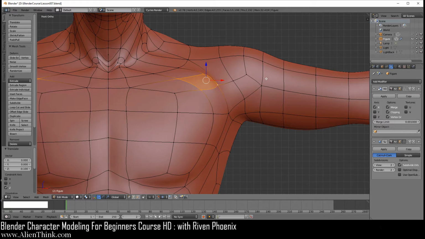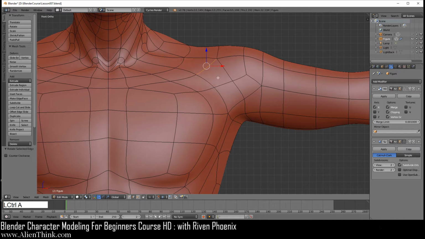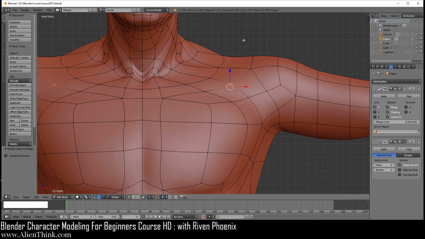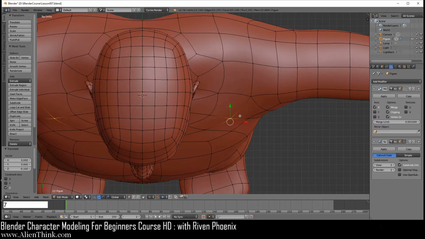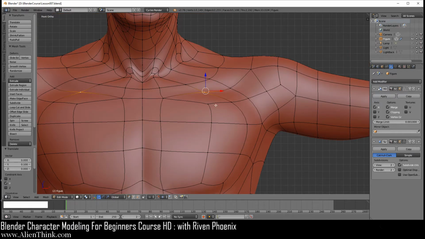You're just going to do W, smooth it, 1, 2, 3. Going to click on this edge and click on this and do Control A. So when we do that, we get this really important vertex right over here. It's this location. All we have to do is with big grid units, come down 1 time over here, press the 7 key to go to your top view, and nudge it 1, 2, and then 3. Then click on this one and nudge it 1 time, go to the front view.